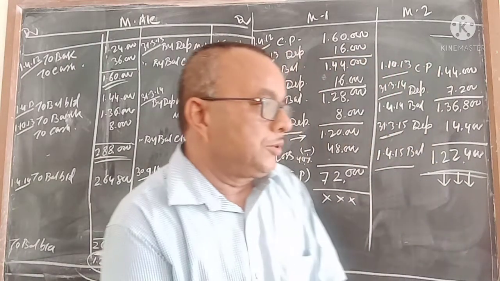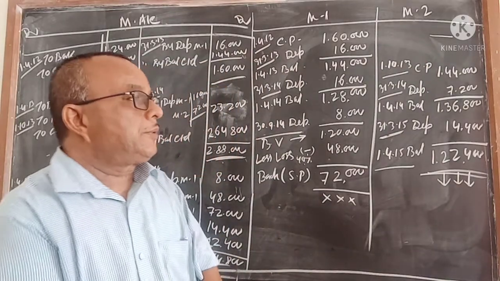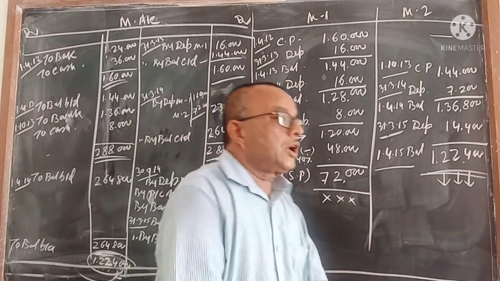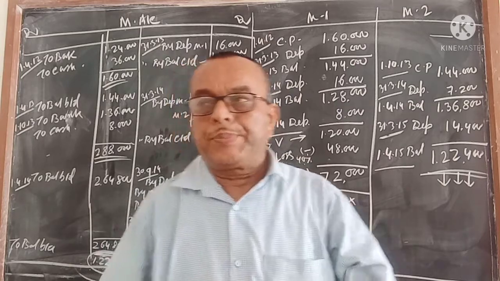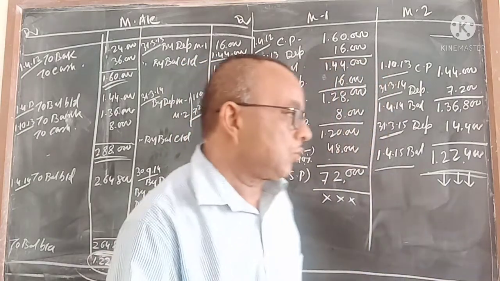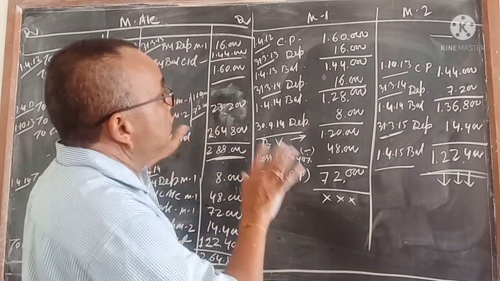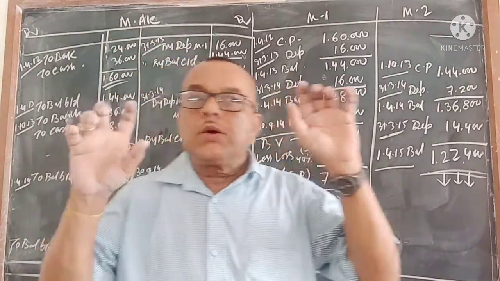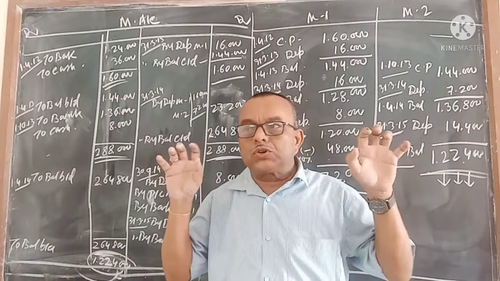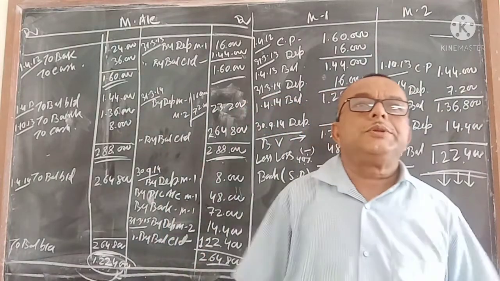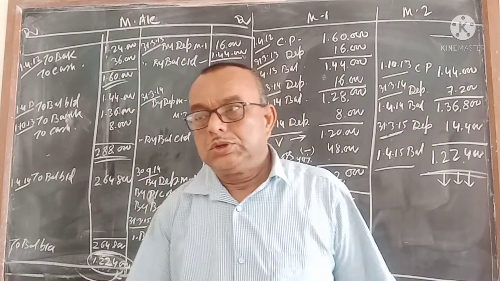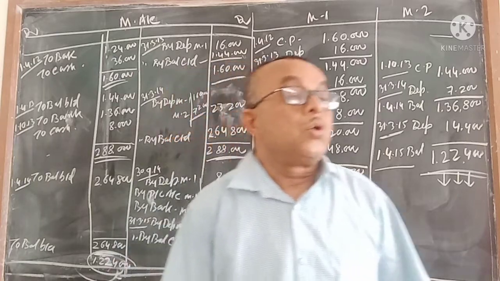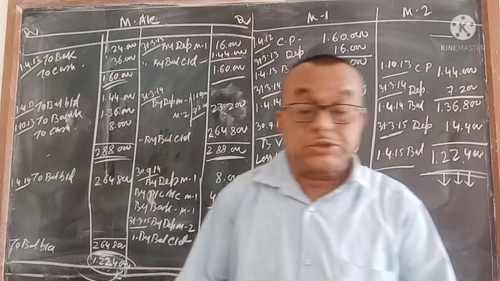In the depreciation account, on the left side the two machines will come, on the right side by profit and loss account will come, and you will close it like that, one by one. In the question you have to understand the data. Whenever you are collecting the data from the question, there should not be any mistakes. The date, amount, percentage of depreciation, when you bought the machine, when you sold the machine,